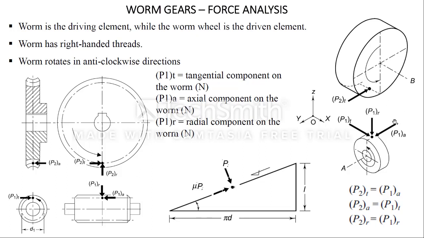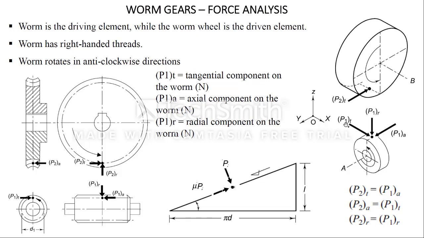If you look at this three-dimensional figure, you will find that at the bottom there is a worm and at the top there is a wheel. So viewing direction is from A and it is rotating. As per our assumption, the worm rotates in anti-clockwise direction. So when it rotates in anti-clockwise direction,